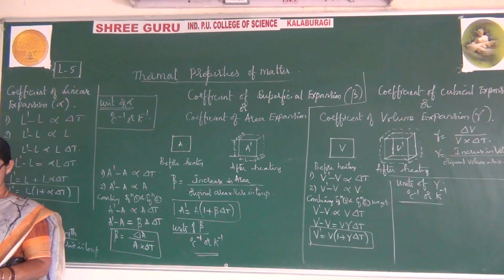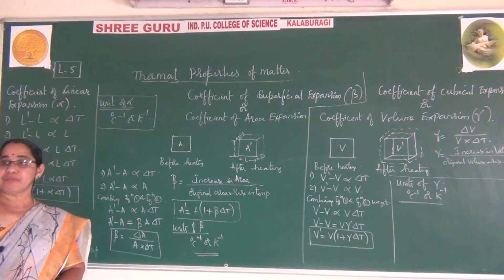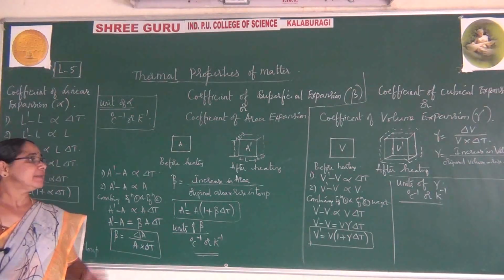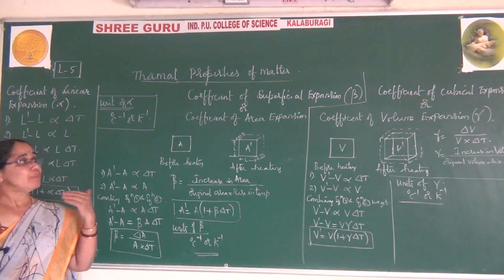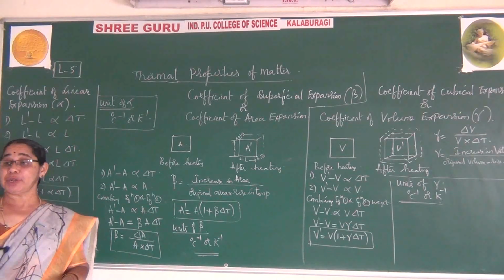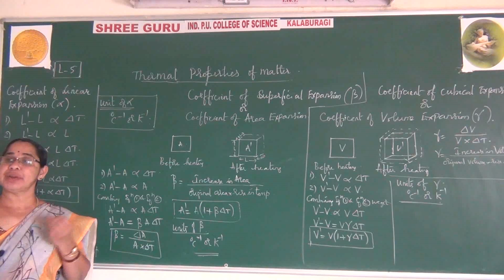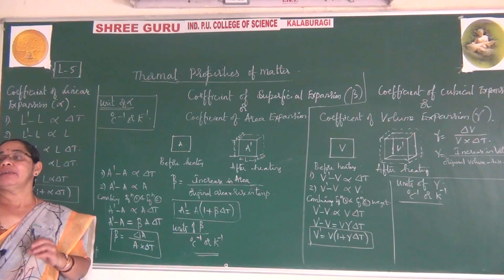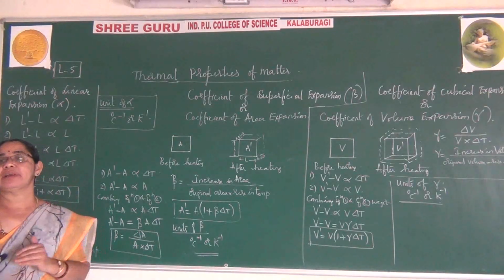So what do you observe in this? You can compare. Clocks are also made of quartz material, but the expansion for invar material will be more as compared to quartz. Because of that, we prefer to use quartz clocks. They give accurate readings, because during summer and during winter it will never expand. The expansion will be negligible. Hence, we prefer that material.